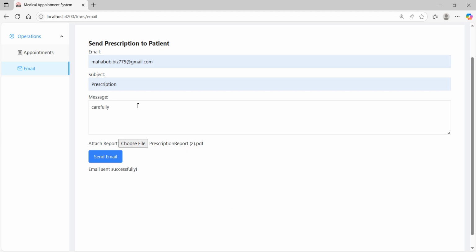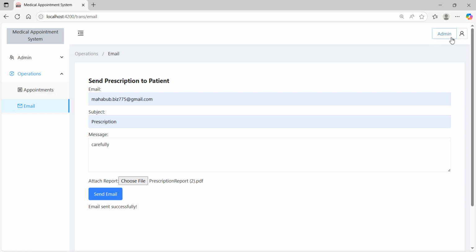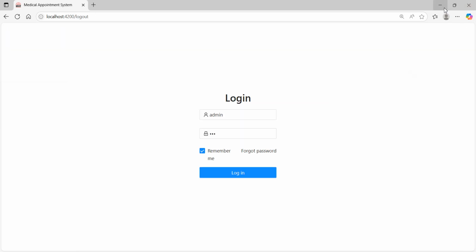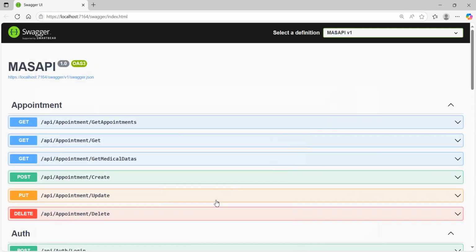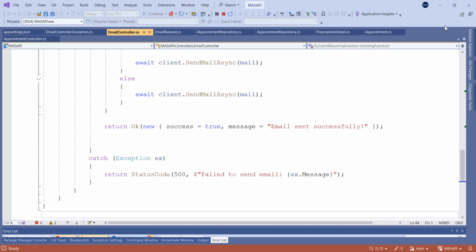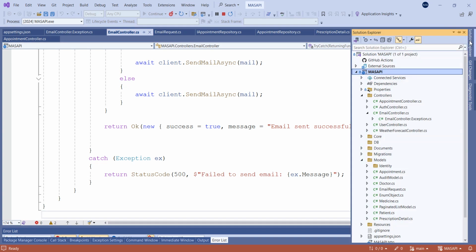So now we go to the other part, the coding part. Okay, let's go. First I will show the API part. I will first show my project structure. This is the controller part here, and this is the models part there,